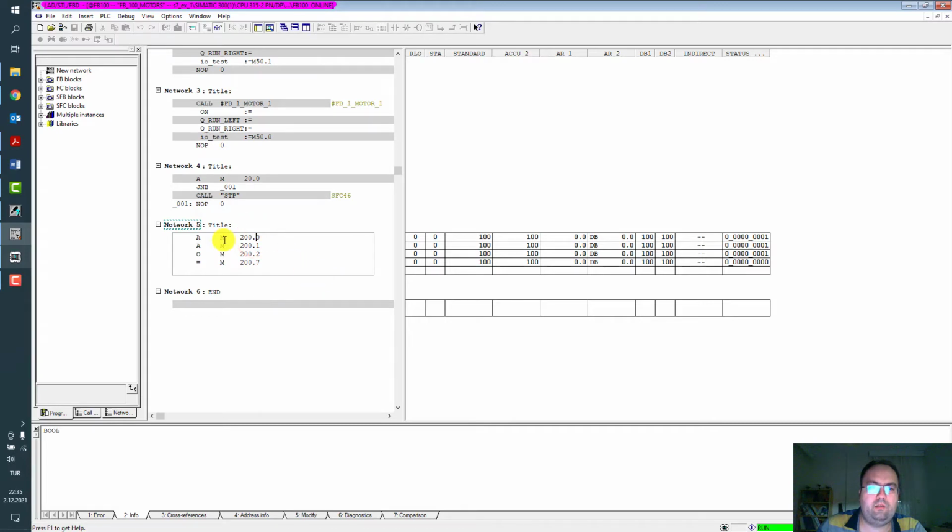Okay, at the beginning of network 5, at the first row, RLO and status bit are set to 0, and you can check the status word.